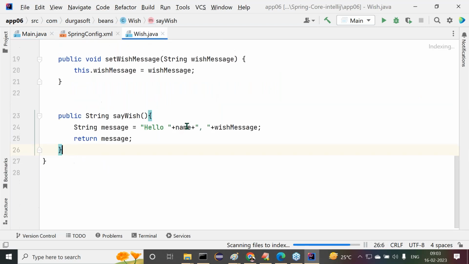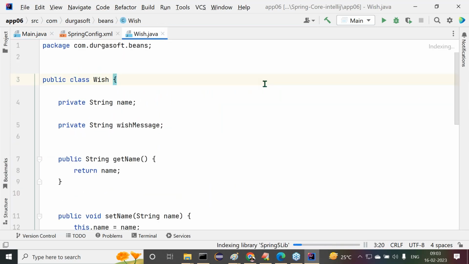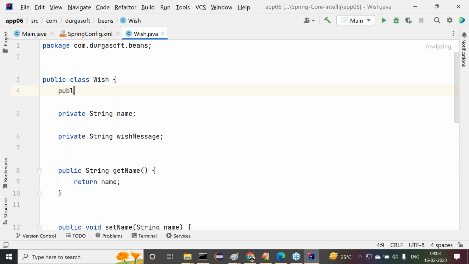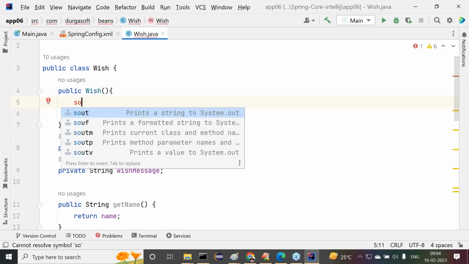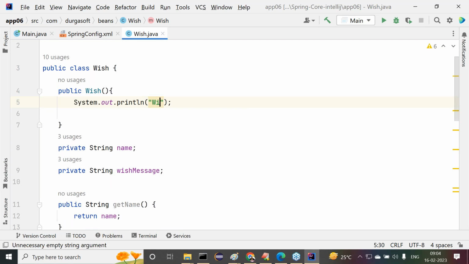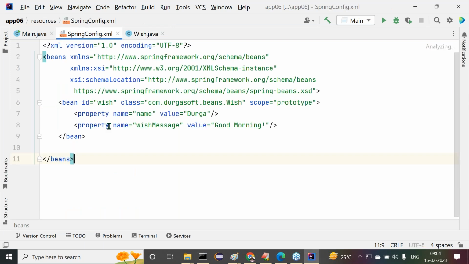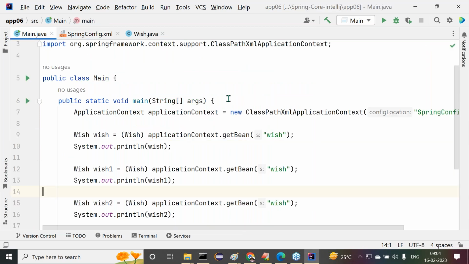Now here Wish.java exists. Let me take a constructor, public Wish, System.out.println of "wish bean object is creating". Next, in the Spring configuration file, the scope I provided is prototype scope. Now in Main.java,